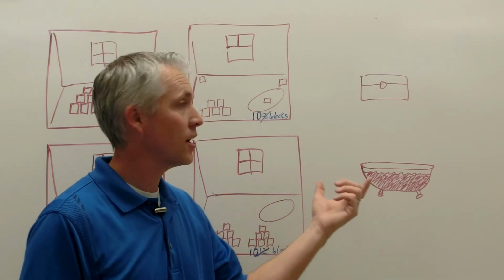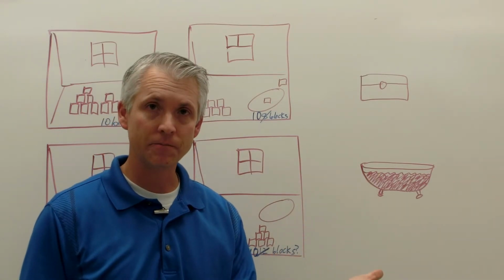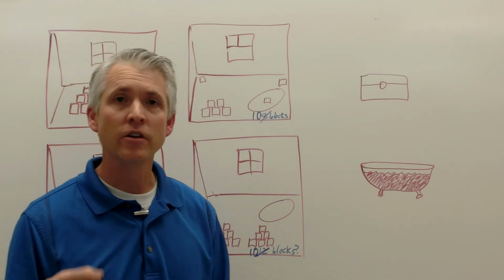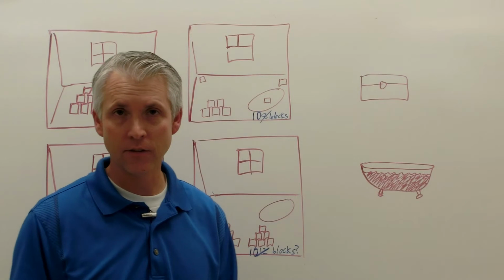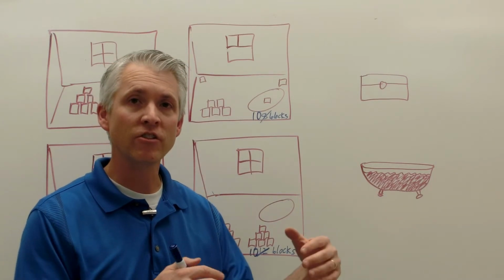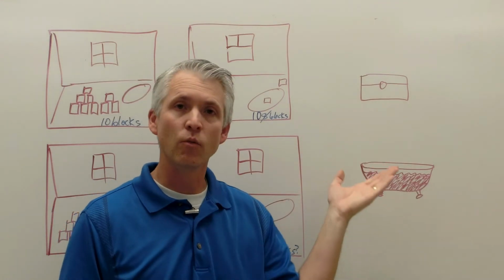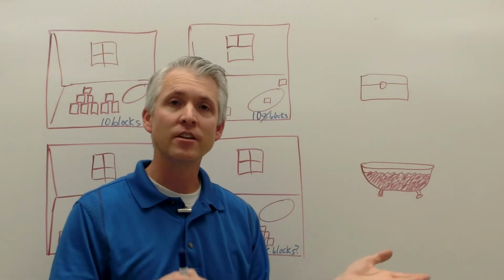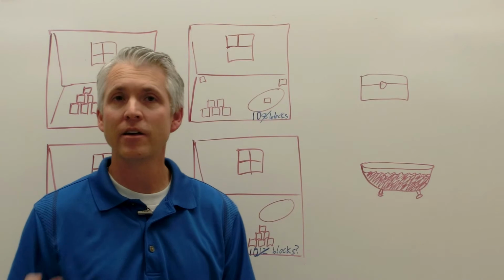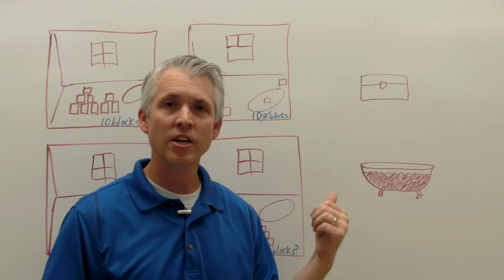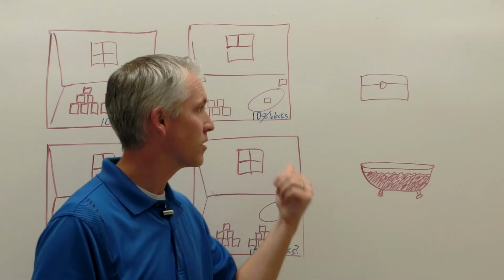So she takes the chest and puts it on a scale and weighs it. Figures out how much it weighs. She weighs a single block, figures out how much that is. Let's say it's 3 ounces. Then on a day when she sees that there are all 10 blocks there, she weighs the chest again and finds the weight of the empty chest. Then she can take the difference in those weights, divide by 3 ounces for each block, and figure out how many blocks were in there, just in case she needs that in the future to be able to weigh it to figure them out.